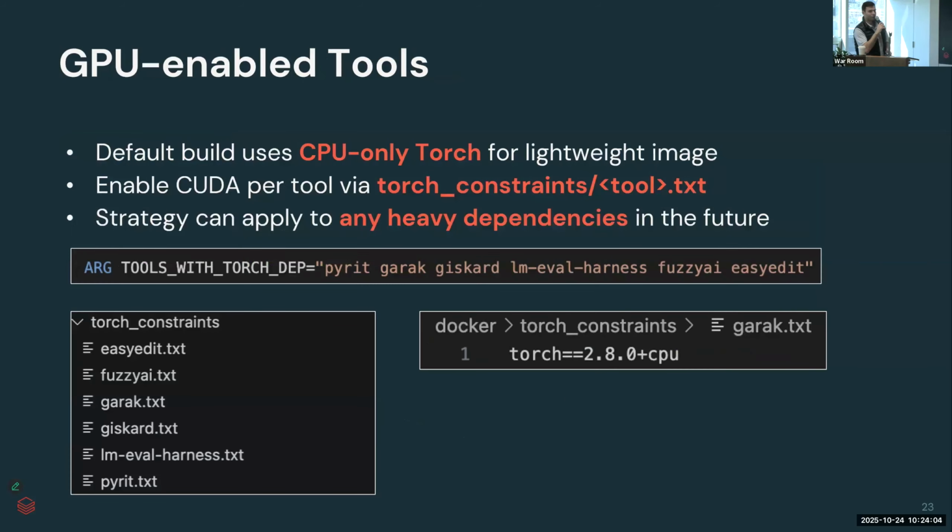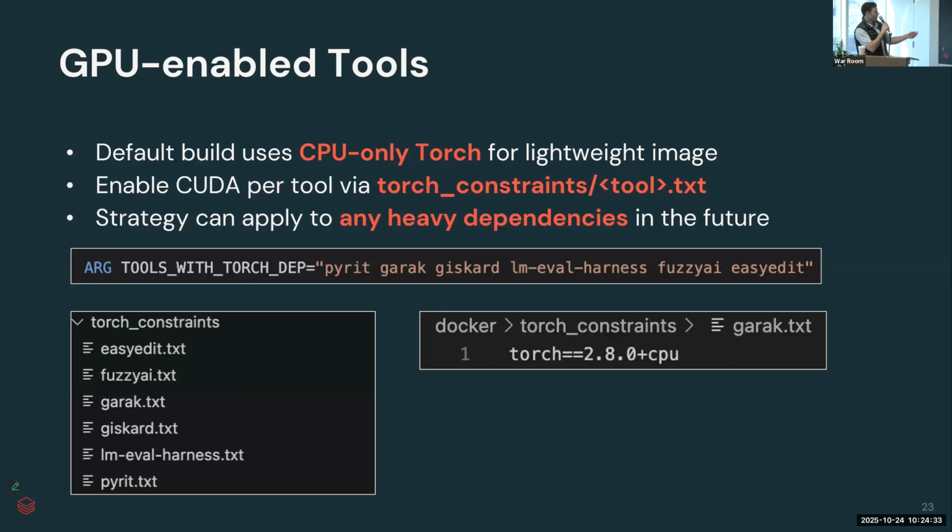Additionally, if you look at their dependencies, there are some heavy dependencies. For example, a lot of them require torch. I found out of the box that if torch is included as a dependency, it will automatically install the one with CUDA, which is quite heavy. So we wanted to make sure that the Docker image is as lightweight as possible. In the end, with the 14 tools, it's about 4 gigabytes. So it's not excessively large, but if we included the CUDA dependencies for all of the torch installations, it would